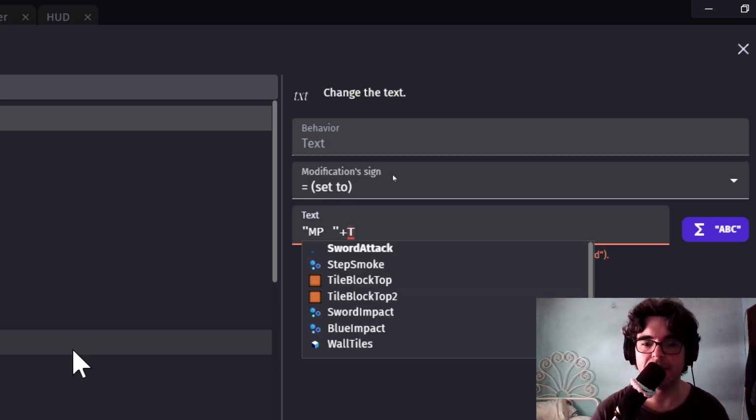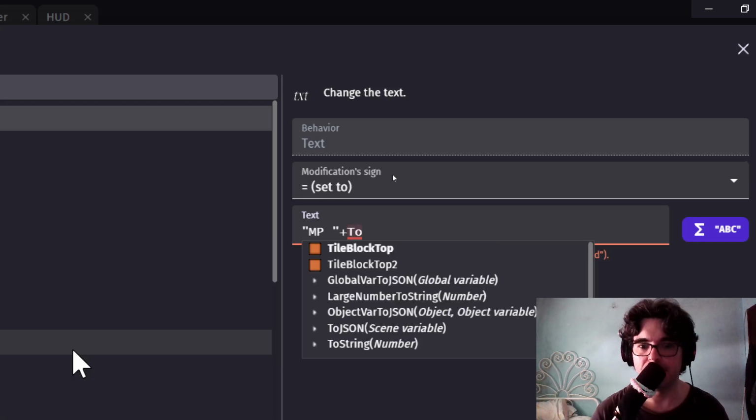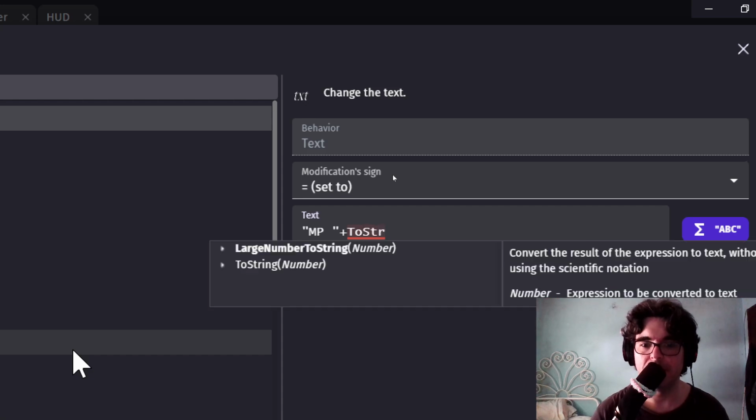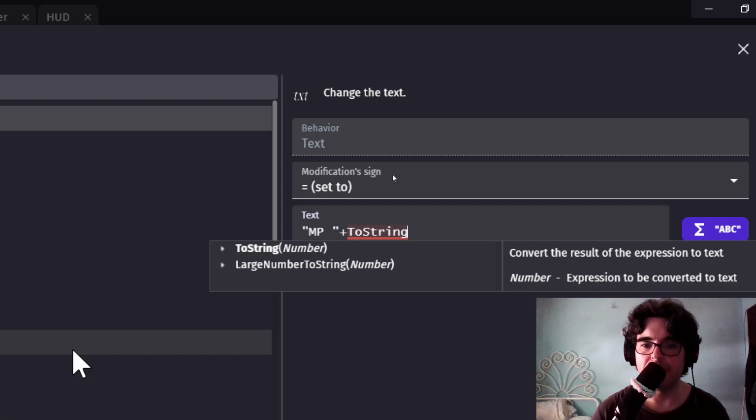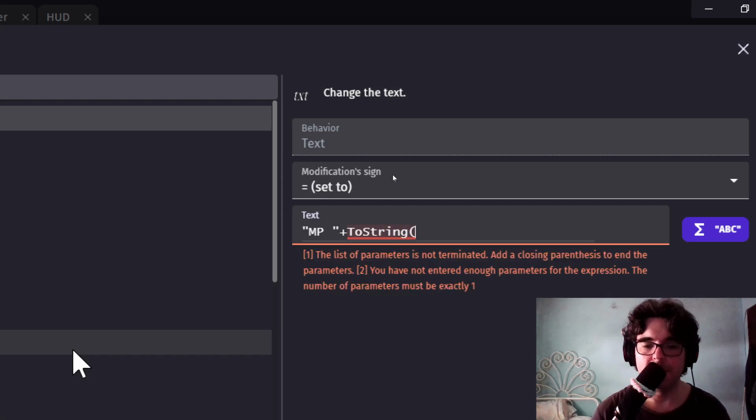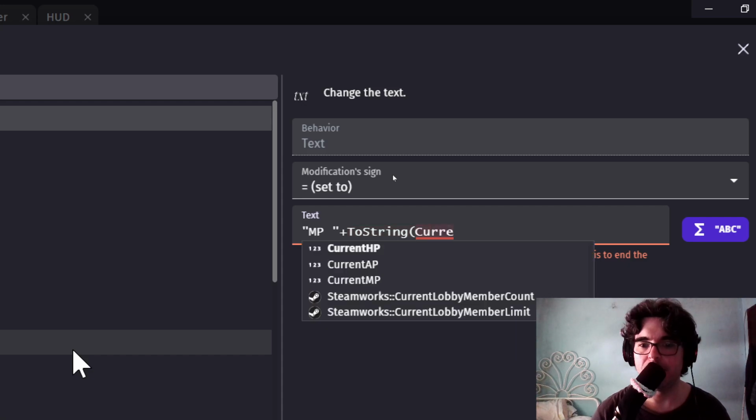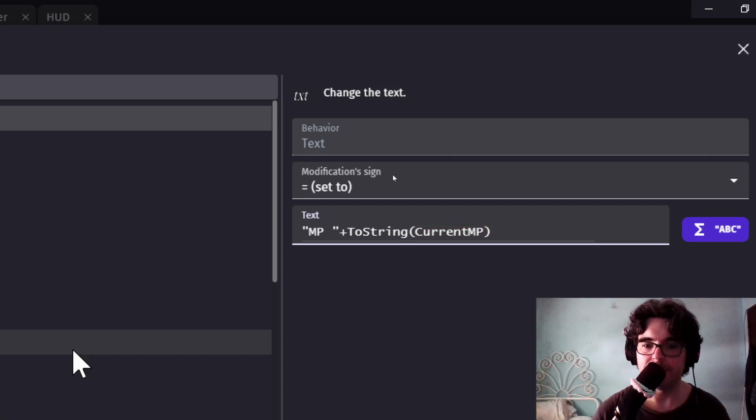I'm going to add it just in case it decides to say it wants to, and then everything starts breaking. So toString, open and current MP, close, plus open quotes, space, dash, space, end quotes,